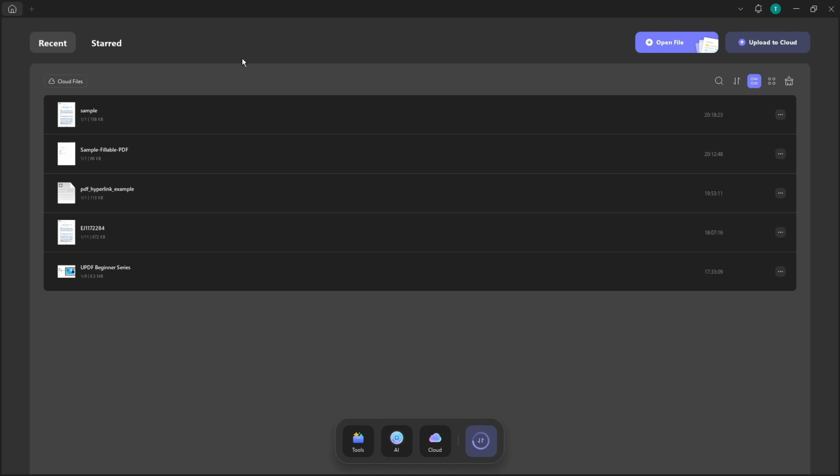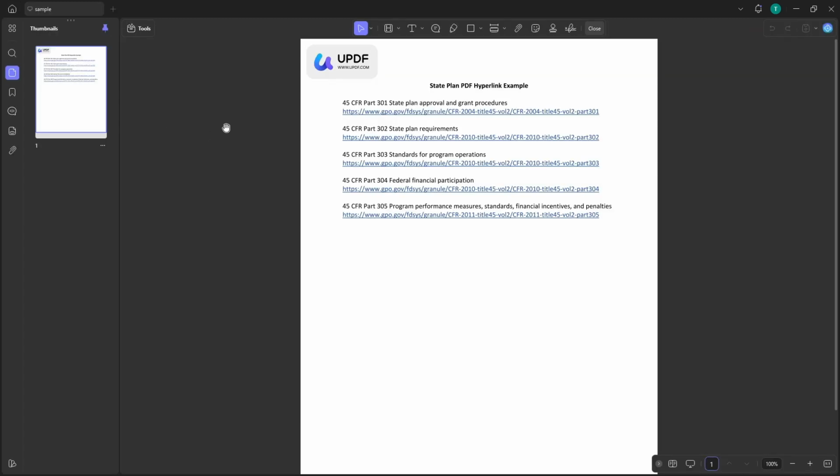Choose a PDF file or upload one into UPDF. You can click the Open File button and browse to your document, or simply drag and drop a PDF into the window if that's more convenient. After you select your file, give it a moment to load, especially if it's a large document with many pages